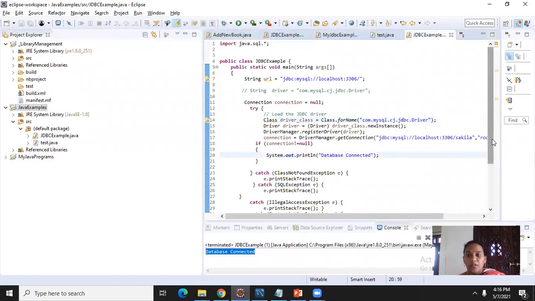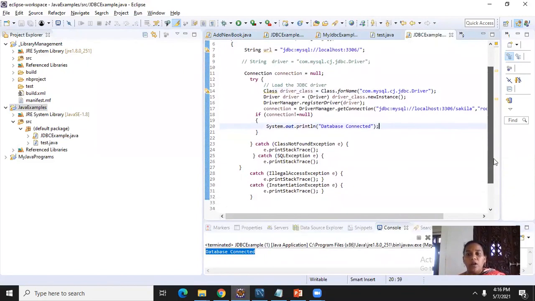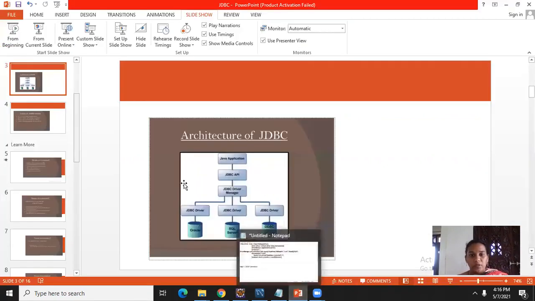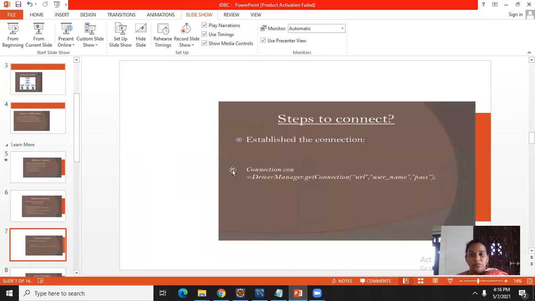We got the connection. Now second step, how to write the Oracle queries in a Java program. First step we executed, connecting Java to the database, that is fine. Second step we will see what to do. Once this one is finished, establish the connection. So Connection con, connection type class, it will get DriverManager.getConnection. So URL, username, password. This one we have mentioned. It's already over.